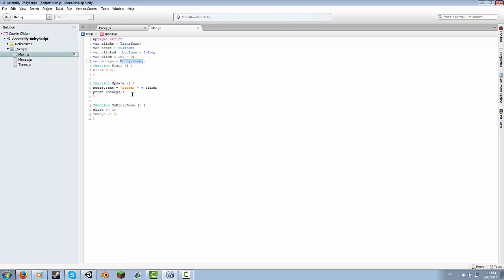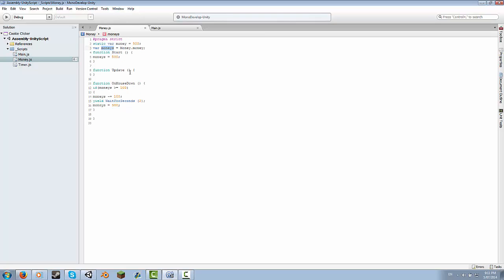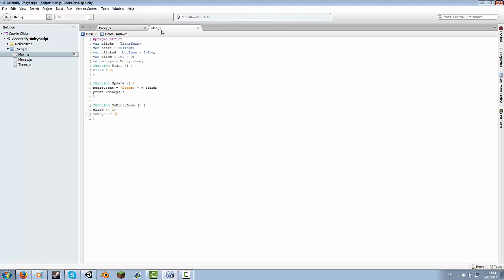And the reason is that if these two are changing constantly, it's always going to stay at 500 and change, just doing the clicks and the money, and that's only what this script was going to do, but it's not going to access this money. And so we have to